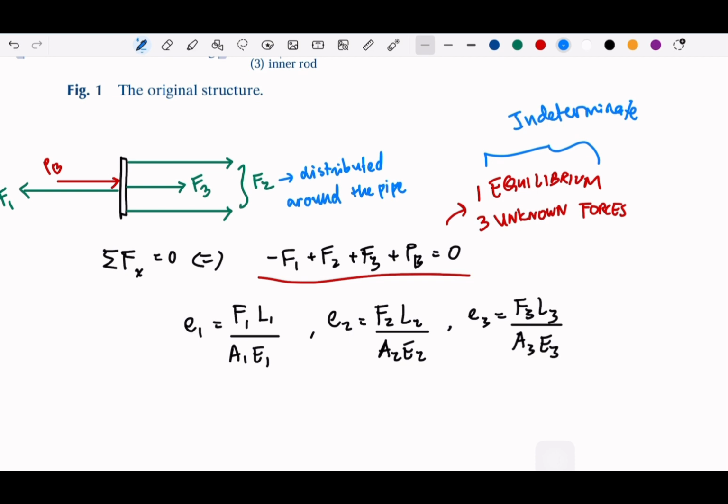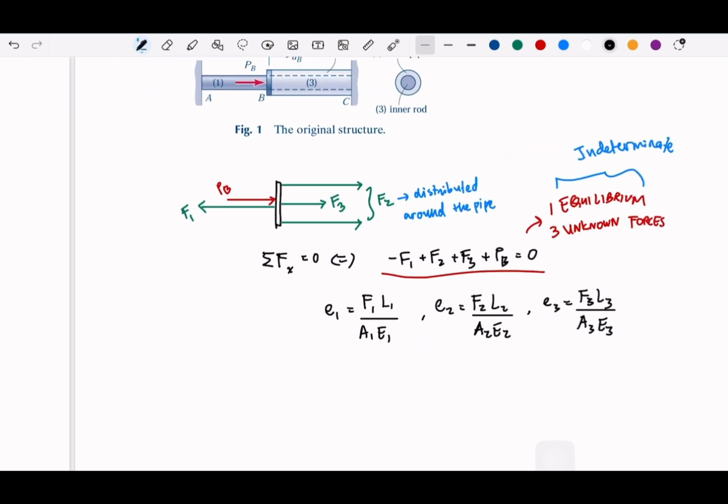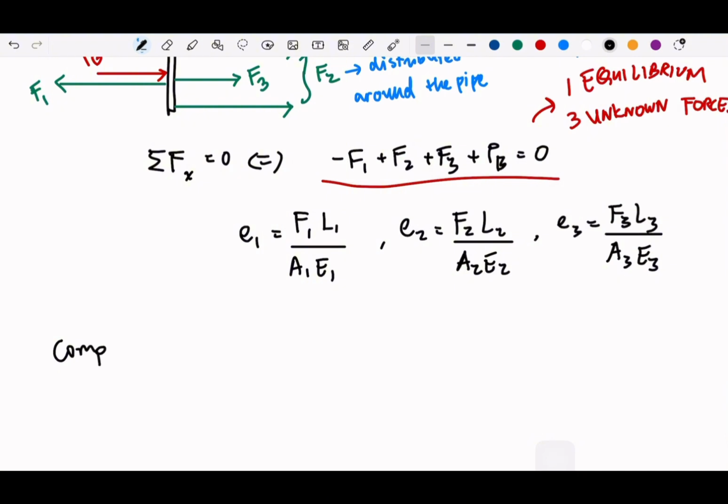So we need some compatibility equations. And how to get compatibility equations? Let me write here to give you some notes. So compatibility equations can be from geometry. For example, some cases they have some relations between the elongations between the elements. Some cases they are mounted to the walls, so that the total elongation is 0. That is one example. As we can see from here,